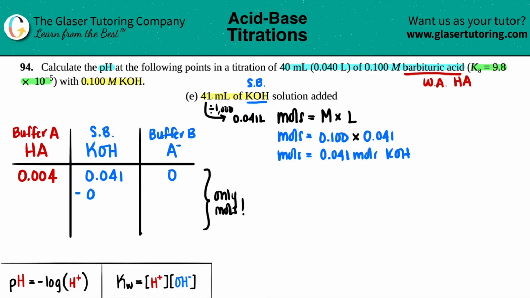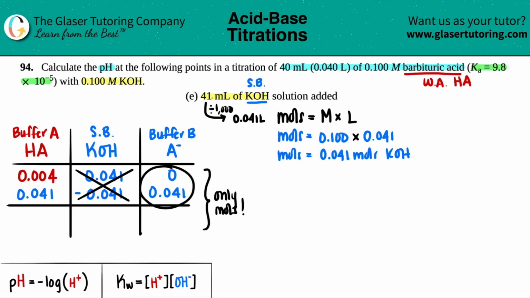So the idea here is I want to get rid of all this strong base. And whatever the number is, that's going to go into these 2 boxes, and I'm going to write them as blue because it's the strong base that's coming in. From here, I'm just going to make a little line because it's basically just doing addition or subtraction, right? We're going to get rid of this. And these are 2 blues together. I didn't start off with any base, but now I'm increasing the amount of base. So this would be additive. So if I add those 2 together,